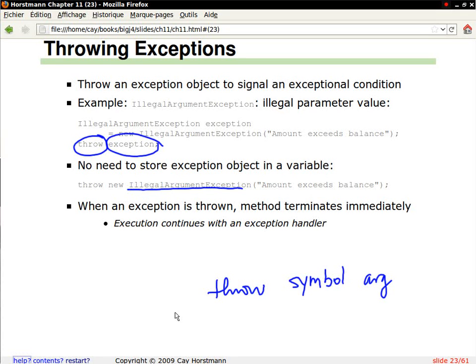So when you say throw, then the current method terminates immediately, or as it so charmingly says in the language spec, it terminates abruptly. You do not return to your caller. You do not collect $200, but instead you go in search of an exception handler. So that means when one looks at the call stack,